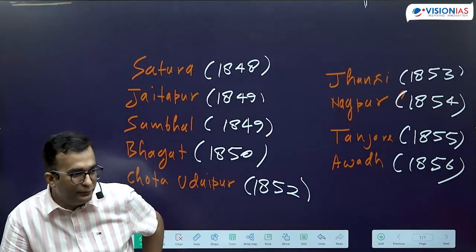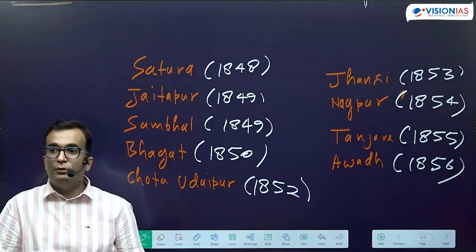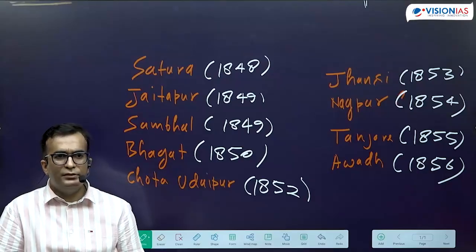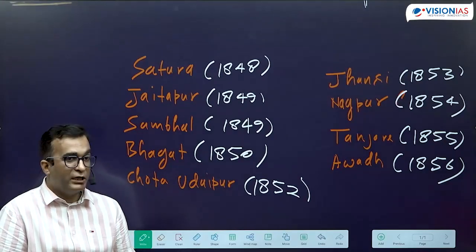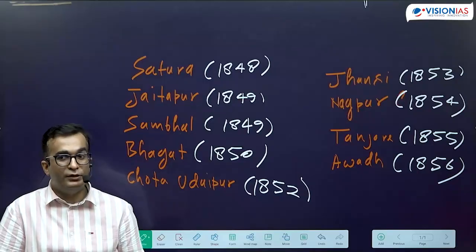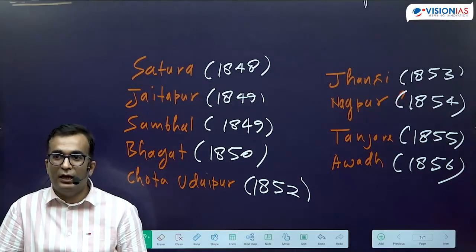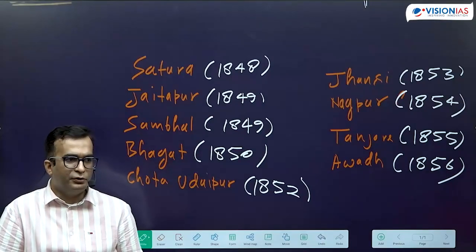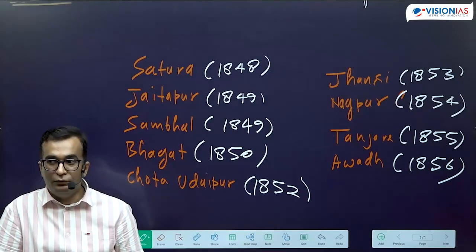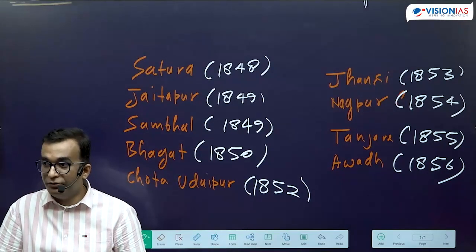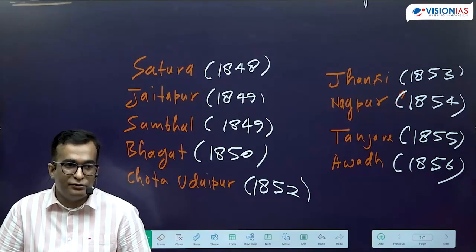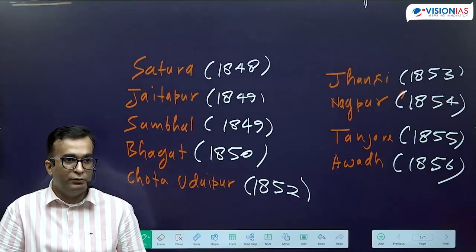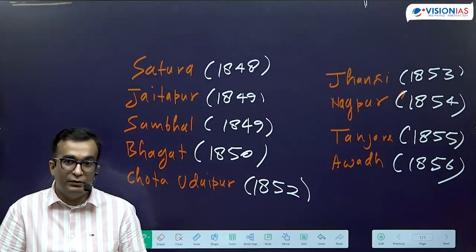Now understand, after writing this, when we talk about how these annexations were done, they were obviously forceful annexations. So obviously the Indian rulers would not be respected. And after that, the subjects of the Indian rulers would also be offended at how their rulers had been treated and mistreated. So when the mutiny started, people were not only taking their own revenge, but also the revenge of their rulers.